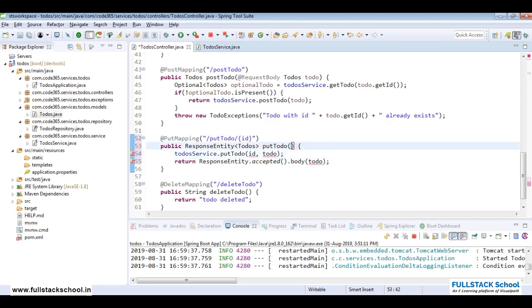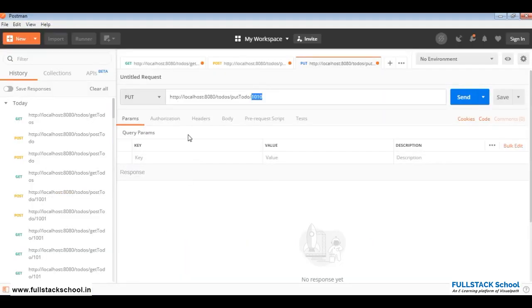So here the arguments that I need to receive will be @PathVariable long ID, the same as we did for get single toDo, and then @RequestBody is something wherein you get all the toDo related information in it. So ToDos and toDo. Now if I save it,